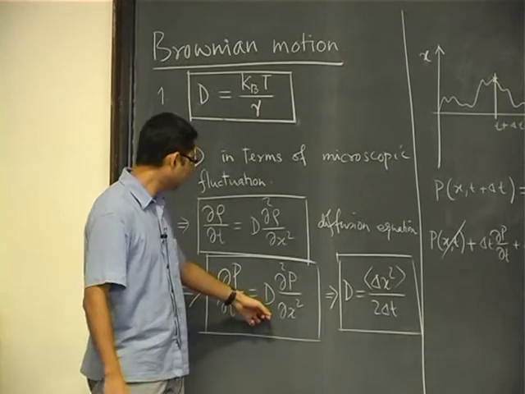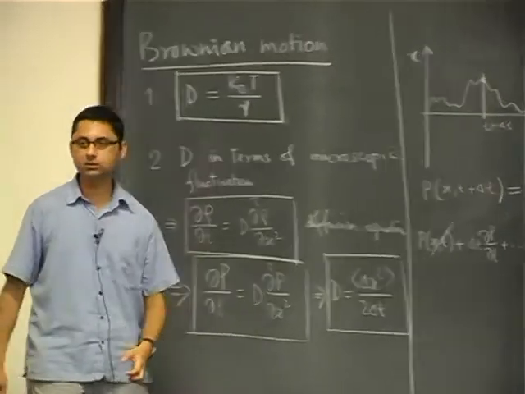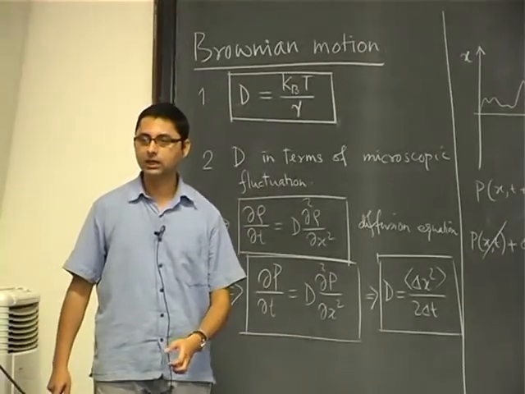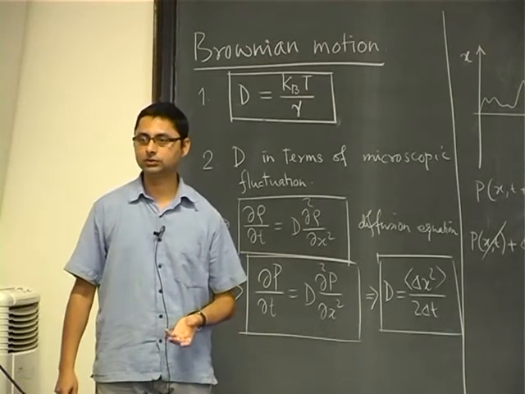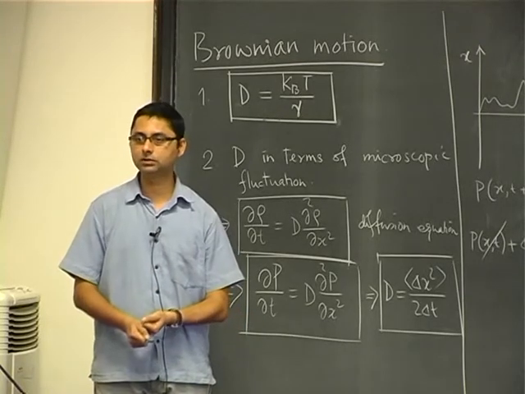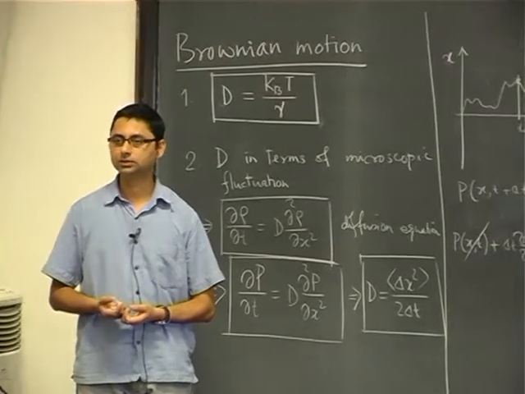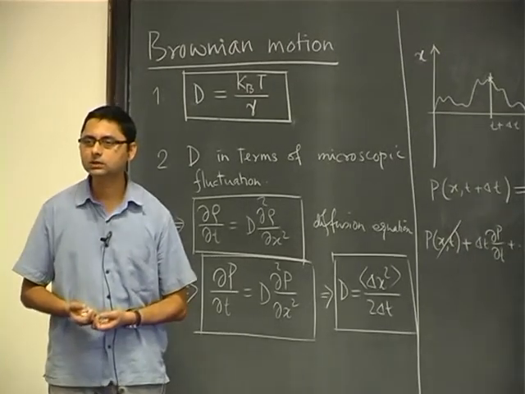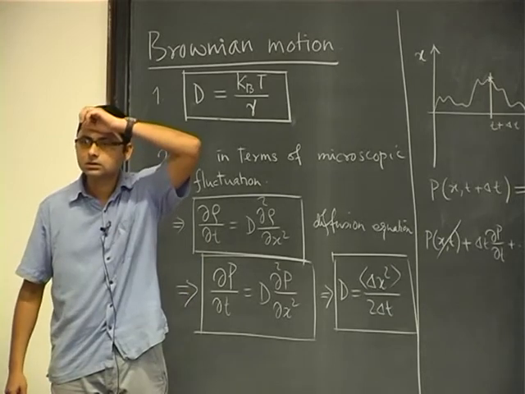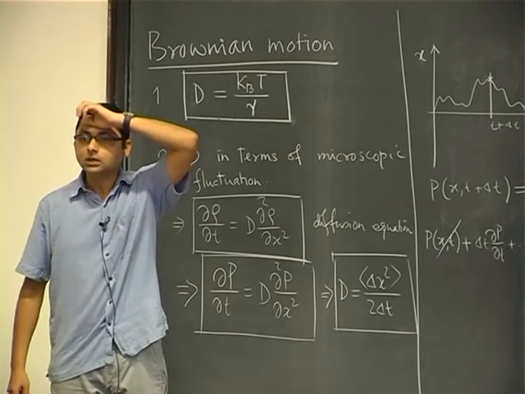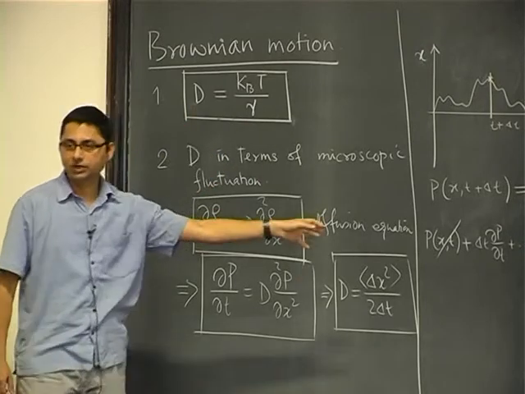So to obtain this one, I use that J is equal to minus D del rho del x, and the other one I just use the continuity equation, right? Because particles must not vanish or be created, right? Diffusion coefficient is constant over the